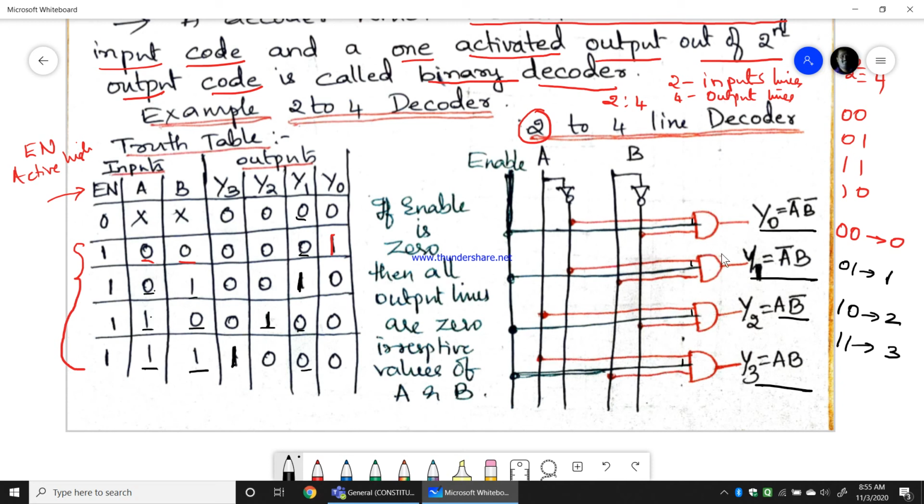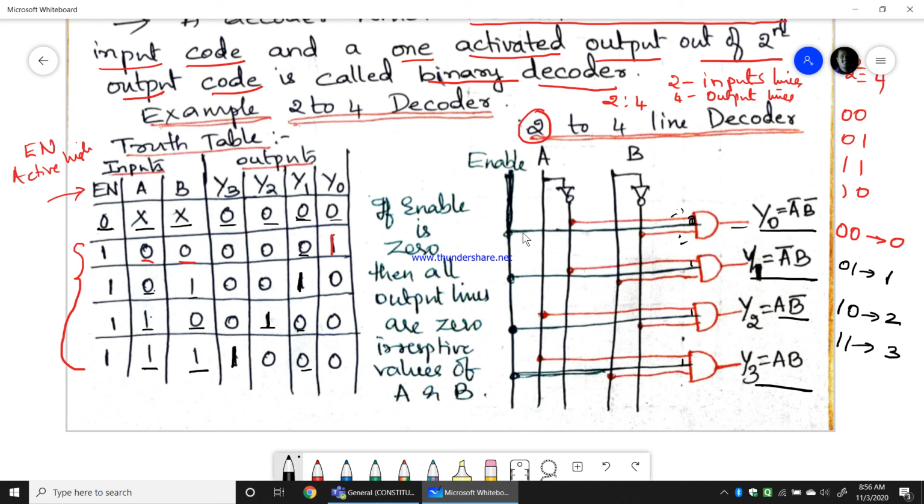Now the next importance will be given to these red lines A and B. That is how the enable pin is connected to each AND gate, where if each AND gate gets an input of 0 from enable, then the output of the AND gates will be 0, and that is how you can see Y3, Y2, Y1 irrespective of the value of A and B. That is how A and B will behave as a don't care. You give any value of A and B. Now if this line is 0, irrespective of the value of A and B, the output of the AND gate remains 0, right? Because if any one input of an AND gate is 0, the output remains 0. So that is how irrespective of the value of A and B, if enable is 0, all outputs are 0.